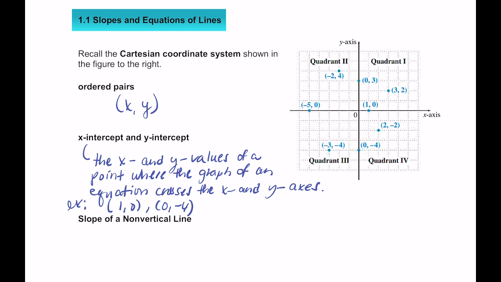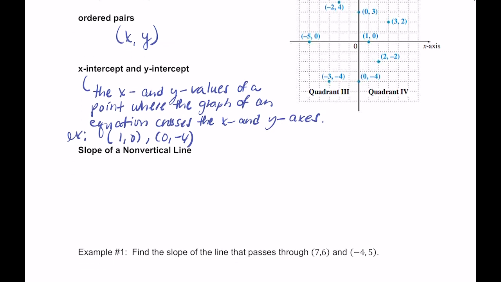So one of the things we're going to look at is slope, which is just the steepness of a line, but it's a lot more than that. We're going to look at non-vertical lines, but also vertical lines. So eventually we're going to have points which will connect, and we'll be looking at the steepness of the lines created by those points. The slope is symbolized using the letter m, and slope, if you'll recall, is just the